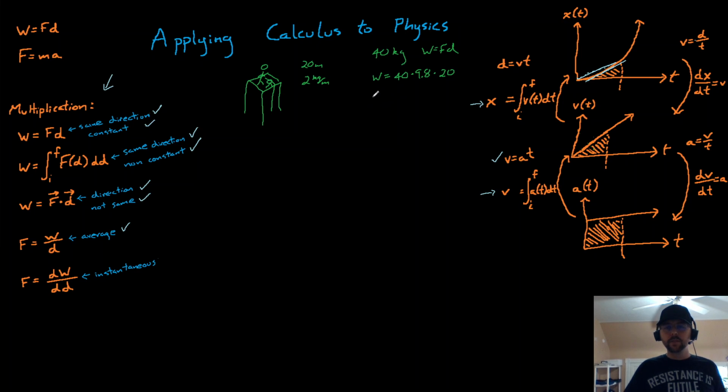What we're actually doing when we solve this is, let's see, here's a 10, here's a 10, so we have 10 squared, 9.8, 980,